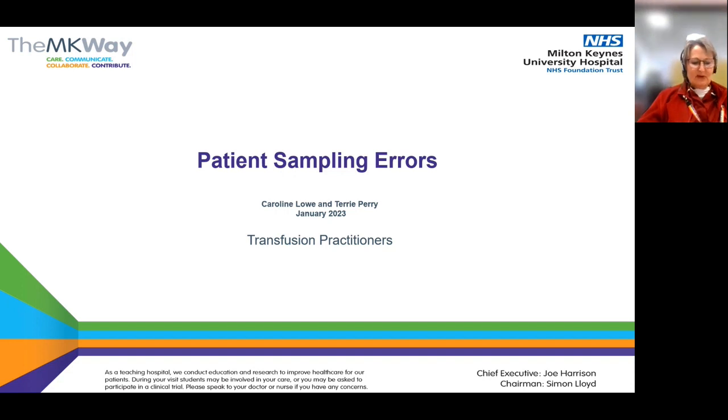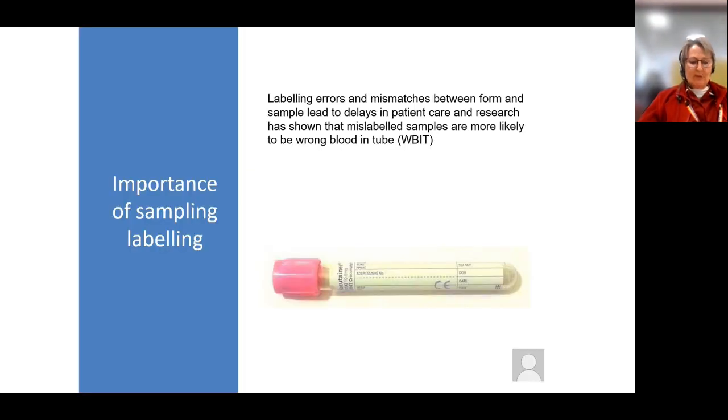So, patient sampling errors. I just want to make it clear before we start that in this presentation we're talking about all sampling errors, not just wrong blood in tube. So we are talking about labelling errors, mismatches between forms and samples, where perhaps the sample and form don't match, or where the sample and form may even have different information on. But we will, of course, talk a little bit about wrong blood in tubes, WBITs as we call them in the trade,